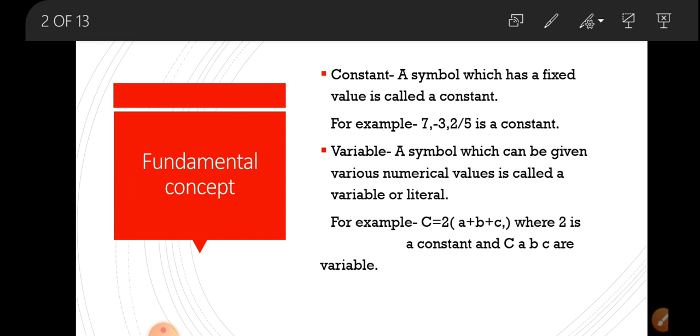Fundamental concept, constant. When we study algebraic expressions, we will deal with some words, that is, constants and variables. So what is a constant? A symbol which has a fixed value is called a constant. For example, any number, that is 7,